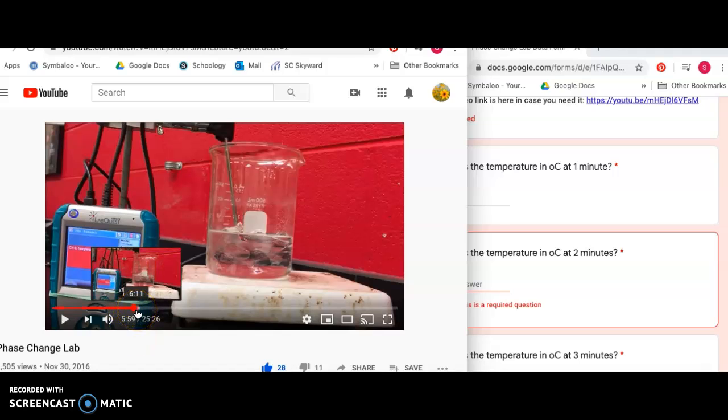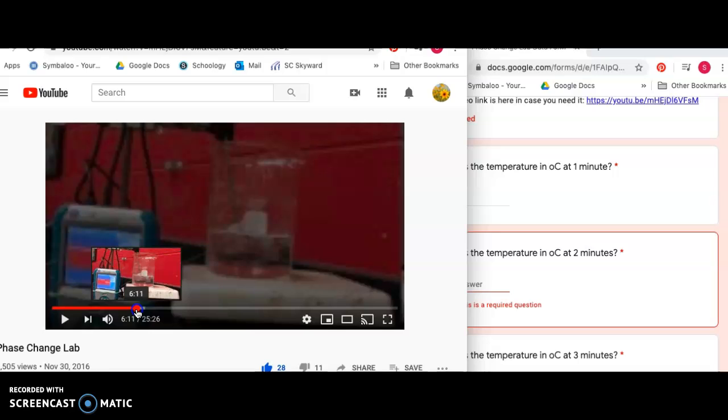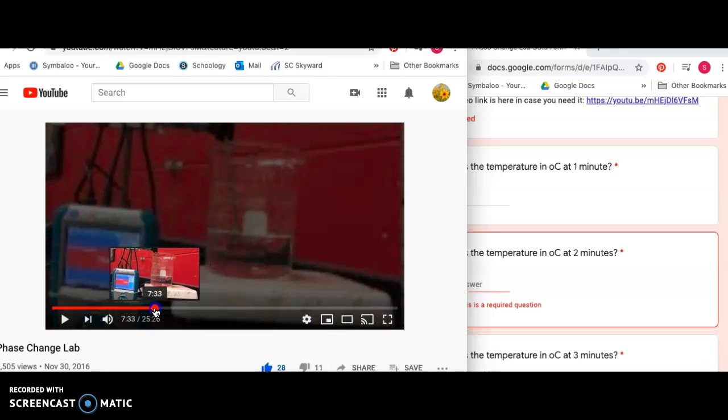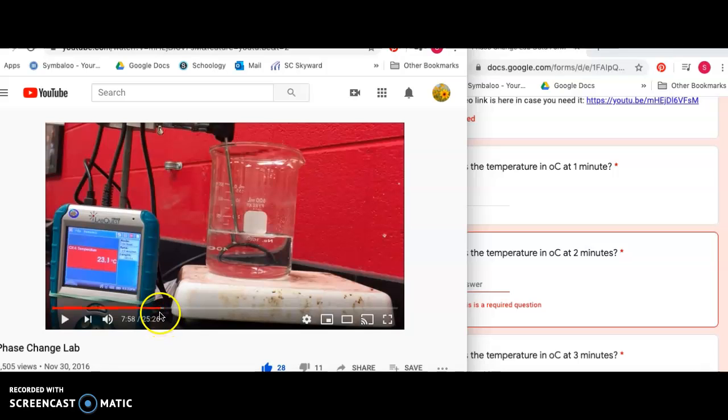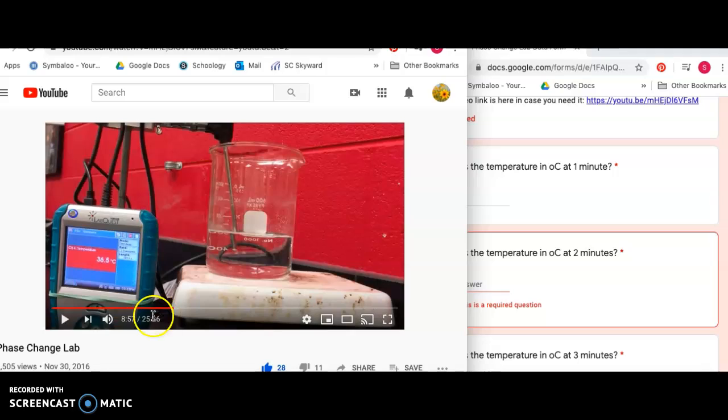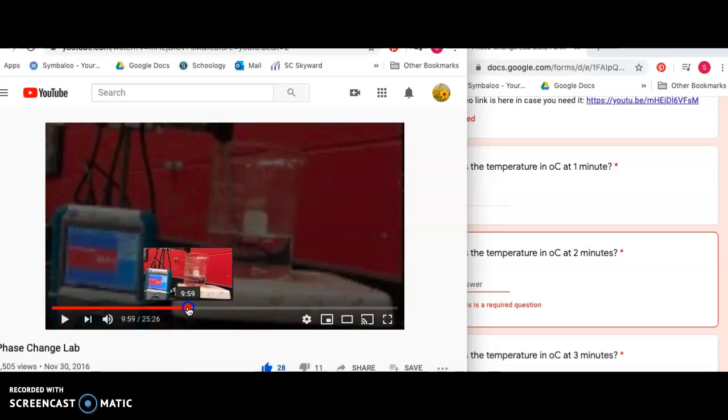Okay, this is what you'll have to do. 7 minutes. Quick. 8 minutes. Can check. 9 minutes. Okay, look what's happening to our water. Ah, no more ice anymore. Look at what's happening to the temperature at the point where there's no ice. Okay, as we go to 10 minutes,